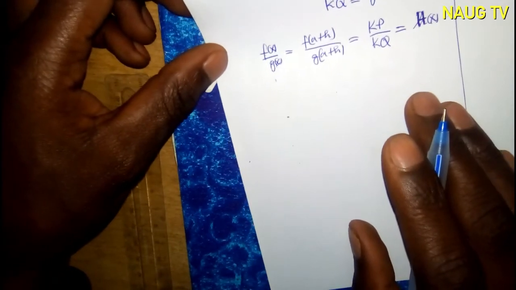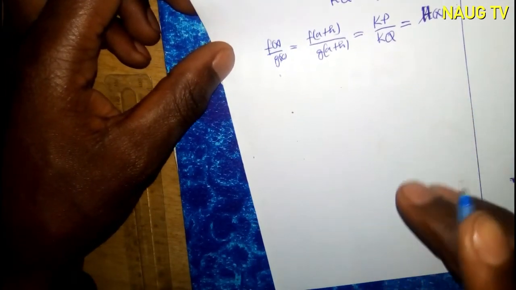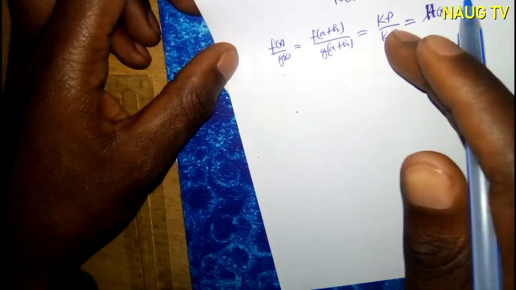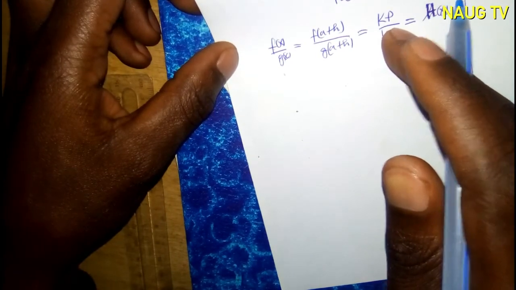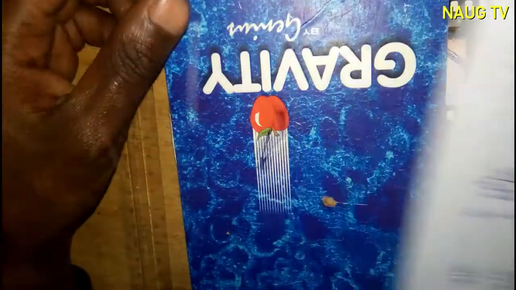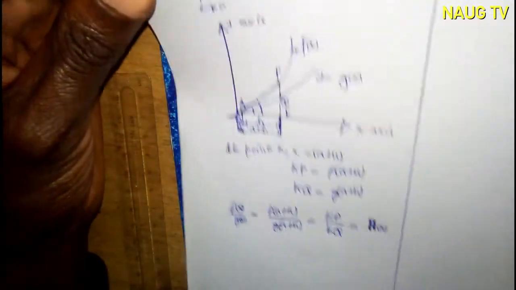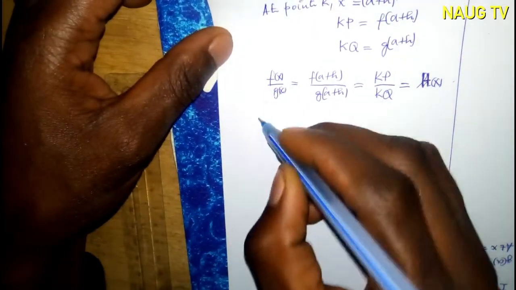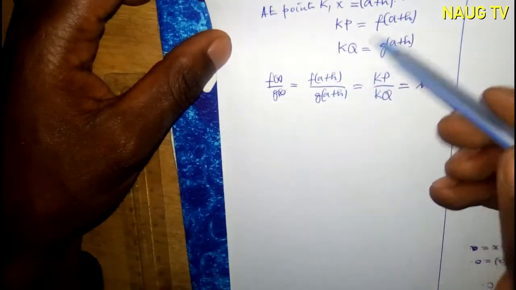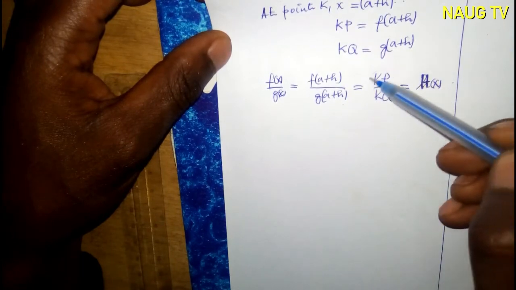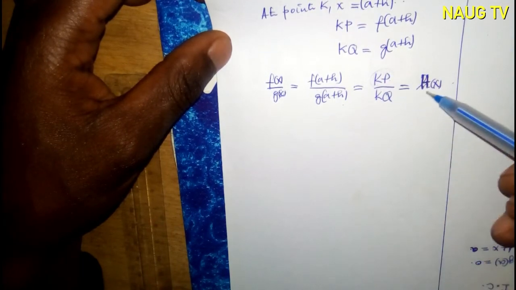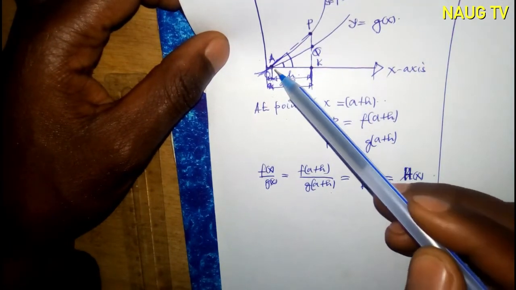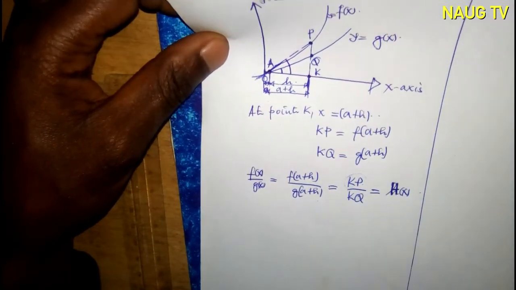What we have to know here also, if we divide top and bottom by the distance AK, this one, AK,